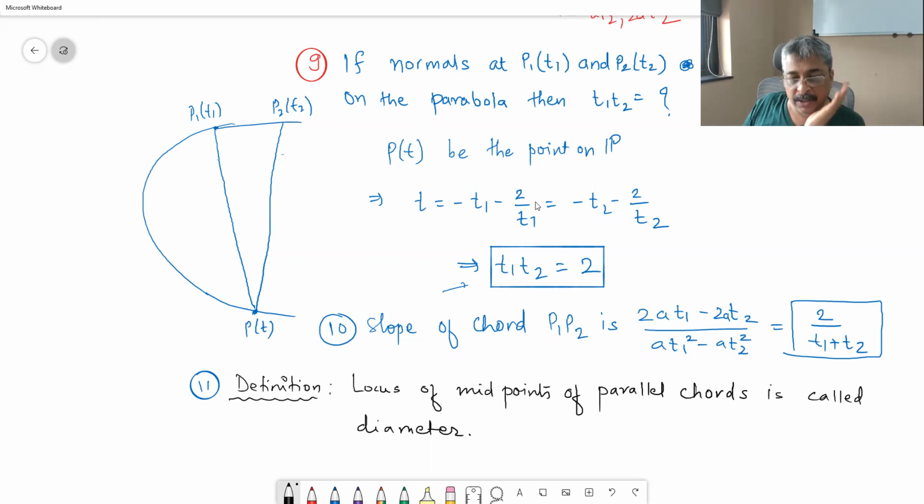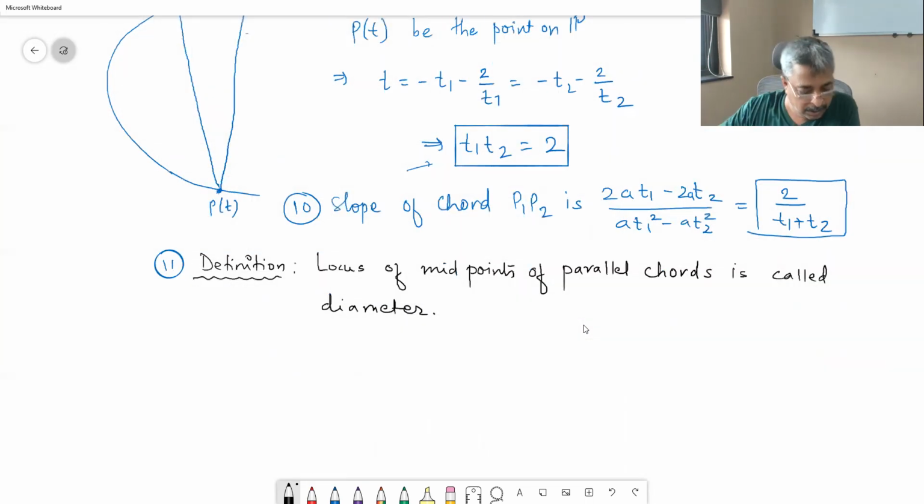It is true for a circle, but now we are going to talk about the diameter of a parabola, diameter of an ellipse, diameter of a hyperbola. So far we have been using the word diameter for only a circle, and there it was obvious: a chord passing through the center is a diameter. That was our definition there. But now this is a more general definition of diameter. Locus of midpoints of parallel chords is a diameter of that parabola. Okay. And therefore,